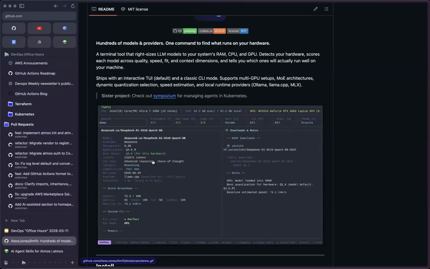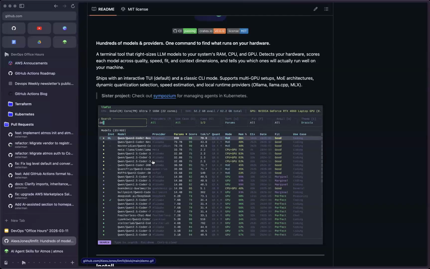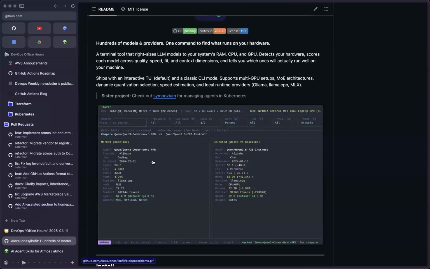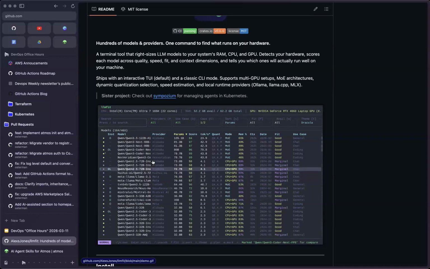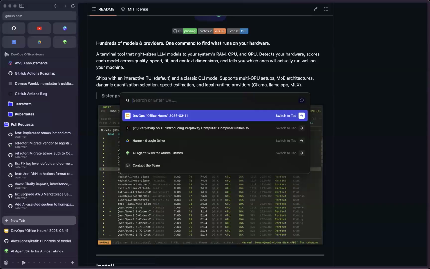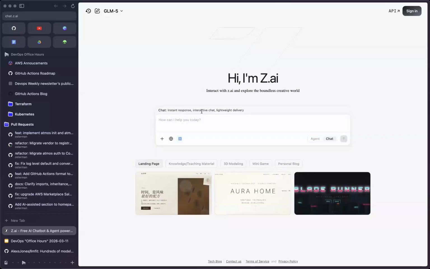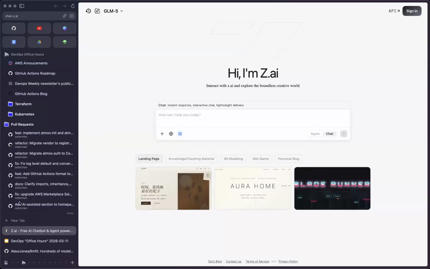Oh, I see Noel posting here. I've been using Z AI with GLM for OpenClaw type stuff. So I do not know much about Z AI.